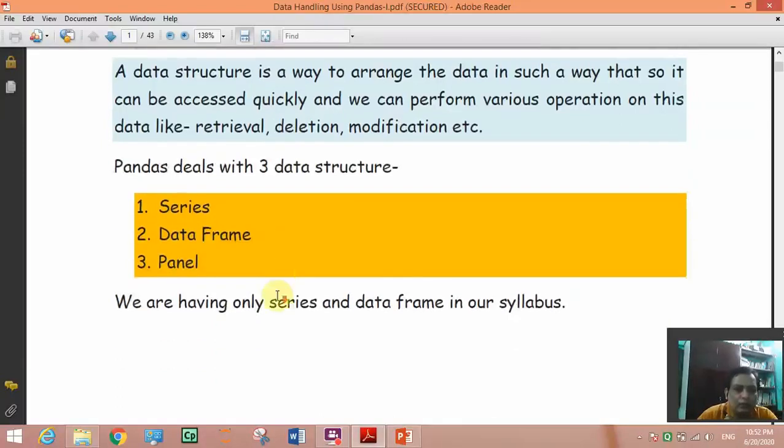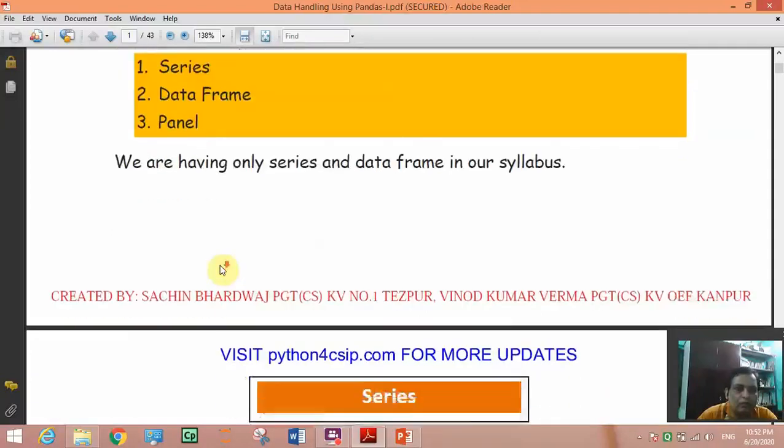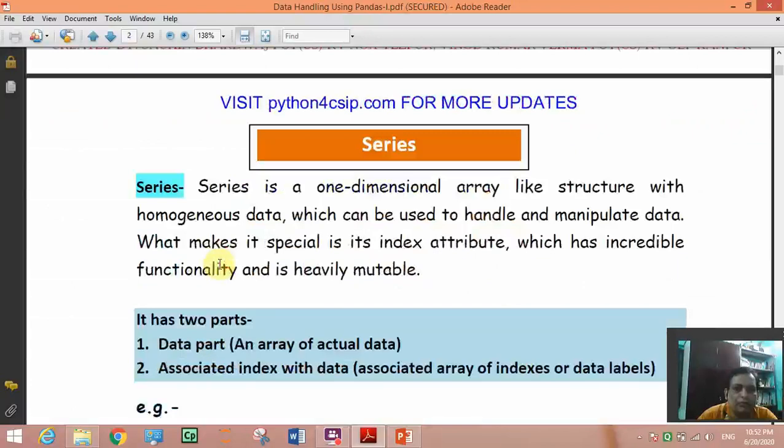So what is series, and data frame we will discuss in the next video. What is series? Series is a one dimensional array-like structure.